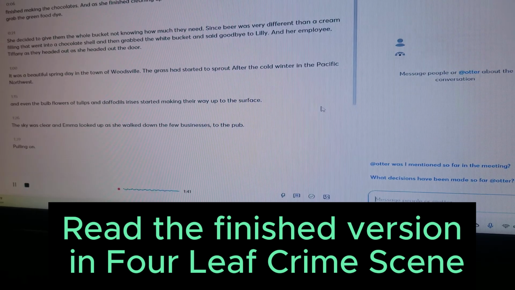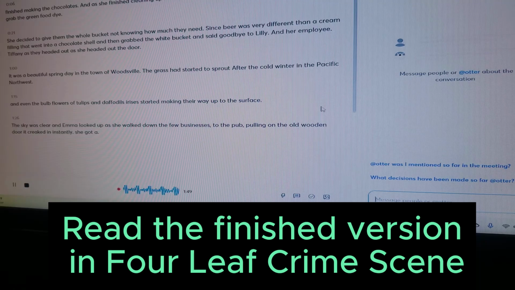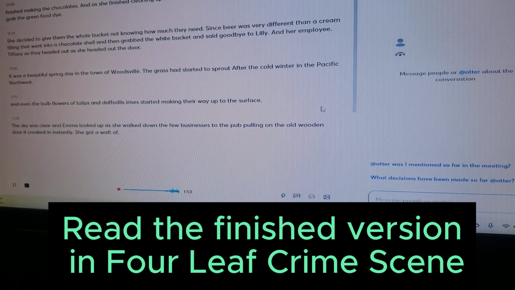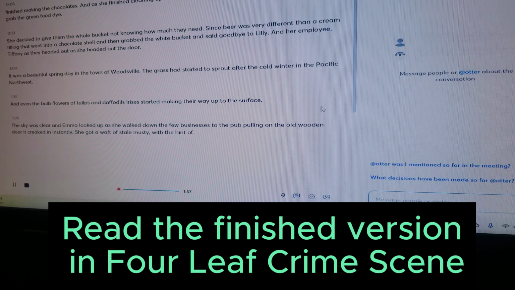Pulling on the old wooden door, it creaked, and instantly she got a waft of stale, musty, with a hint of hot smell.